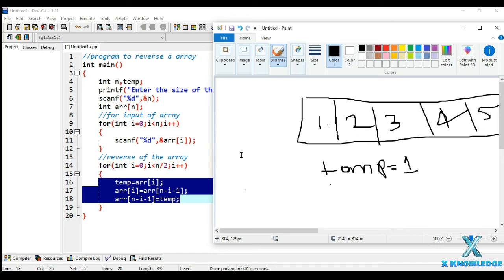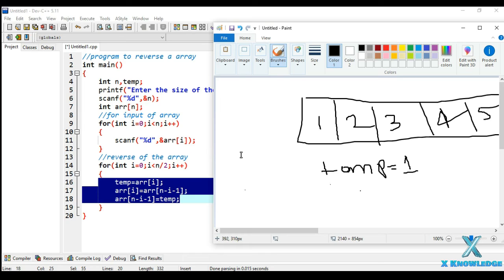Now watch out the third line, arr[n-i-1], which means that since there are 5 elements, 5 minus i, and the value of i right now is 0, minus 1, which means 5 minus 0 minus 1, which means 4, and arr[4] value is going to be temp. And what was the value that temp was storing earlier?